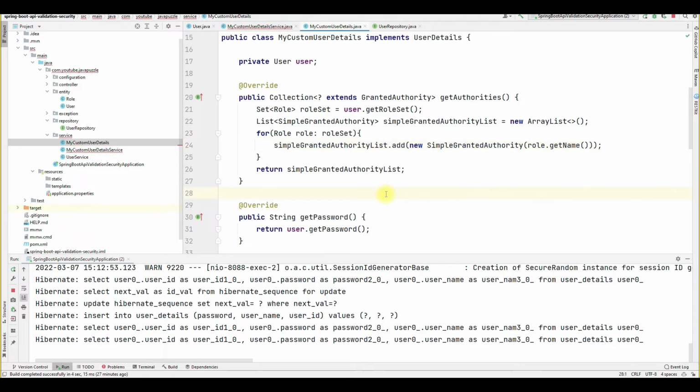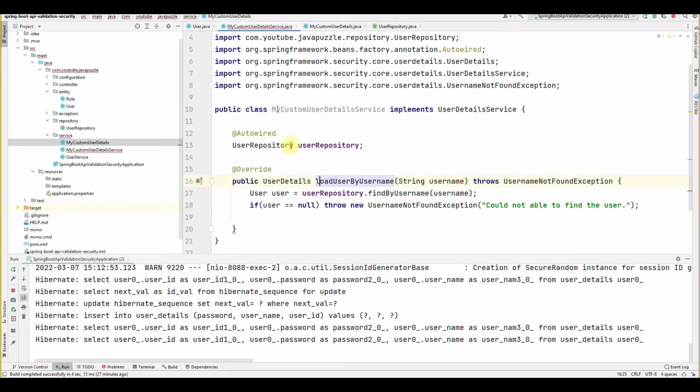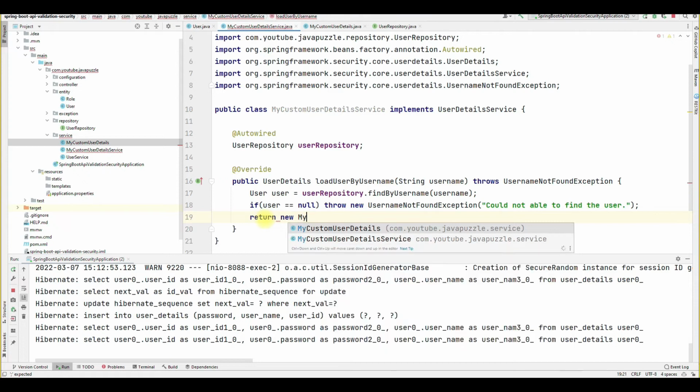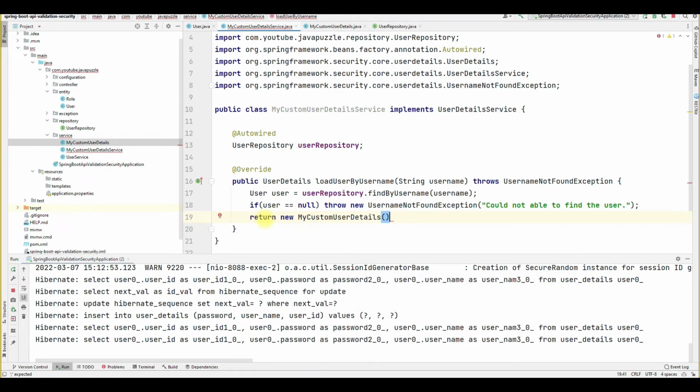Okay, now our custom user details class is done. Just save it, and before returning it, just return new MyCustomUserDetails and pass the user inside it.